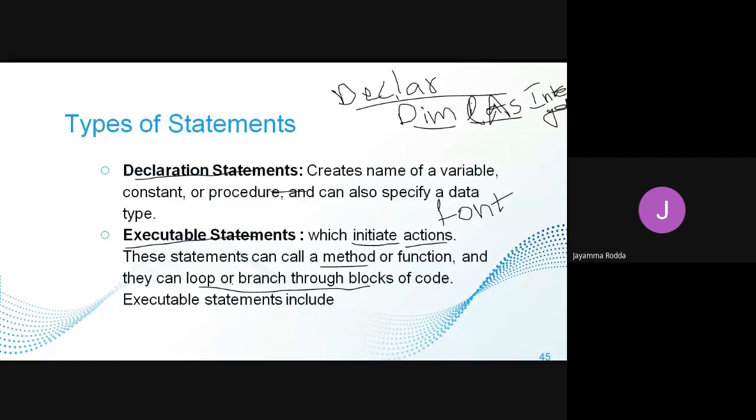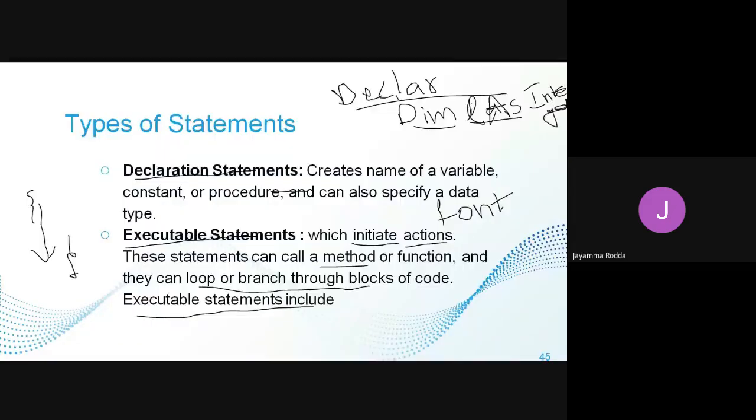So let us discuss what the executable statements are that will be included, because these executable statements have a specific set of code to be written. The statements can call a method or function, which will be between braces in a C program. They can also loop or branch through a block of code.